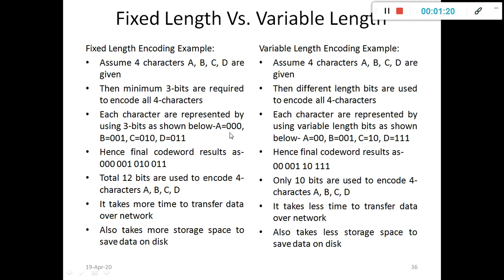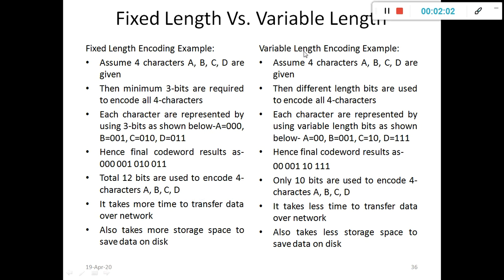A is encoded as 000, B is encoded as 001, C is encoded as 010, D is encoded as 011. That is, we are converting the characters into equivalent binary values. Hence, the final code word results as 000, 001, 010, 011 for all the above given characters. Then a total of 12 bits are used to encode all 4 characters A, B, C, D.